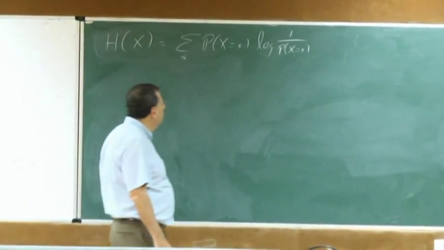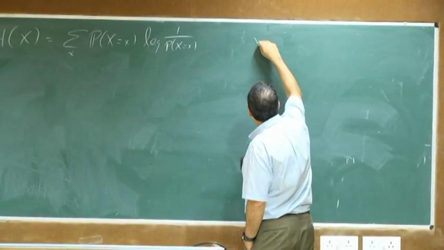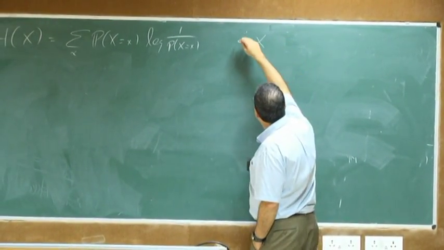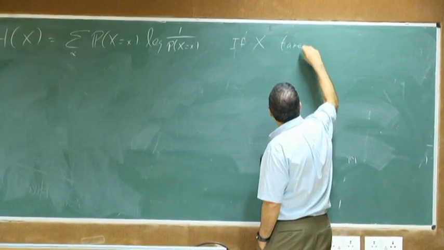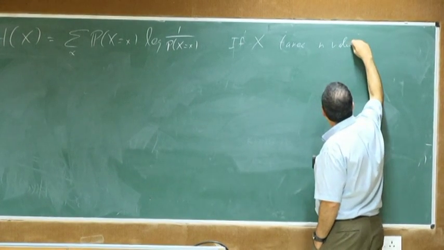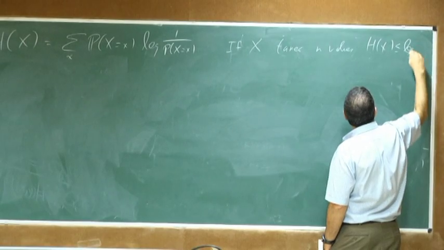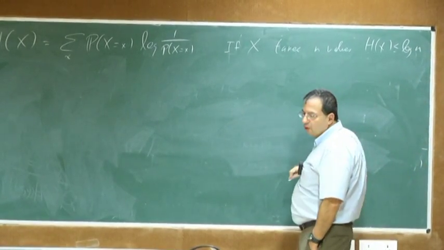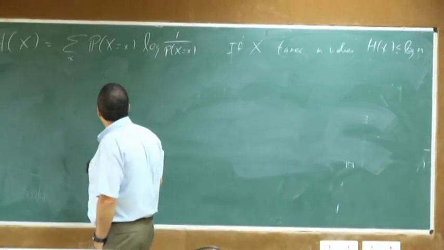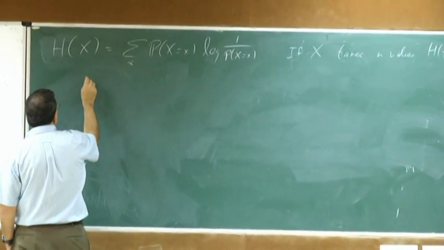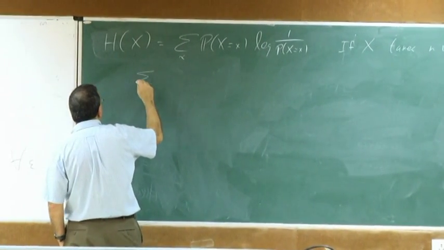Okay, and one thing about entropy is that if x takes n values, then the entropy of x is at most log n. Of course, log n is achieved for the uniform distribution on n values, and that's because if you look at the difference H(x) minus log n,